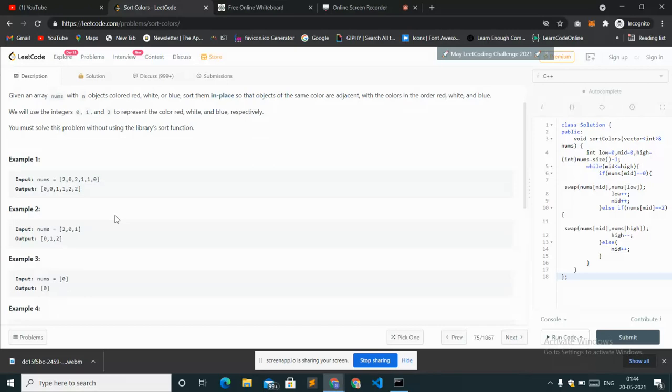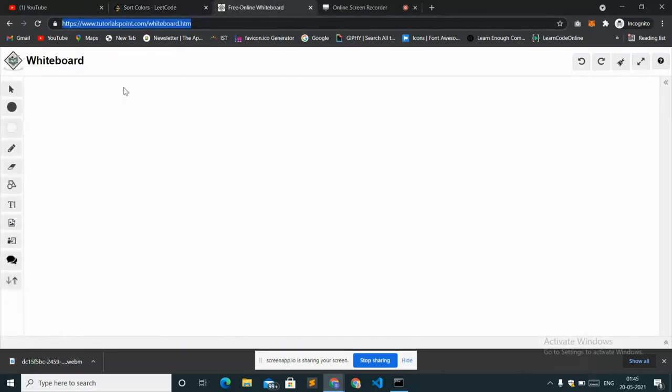Now we all know the sorting algorithms. So the best sorting algorithm we can use here is quick sort, and whatever sorting algorithm you know, that will give you a time complexity of n log n.